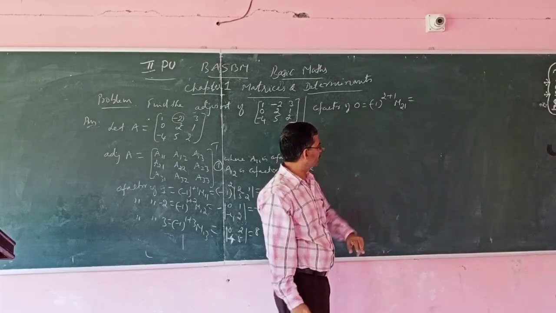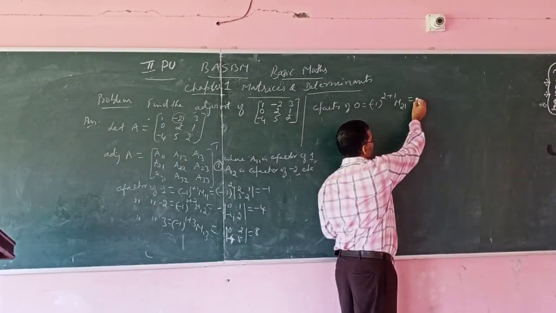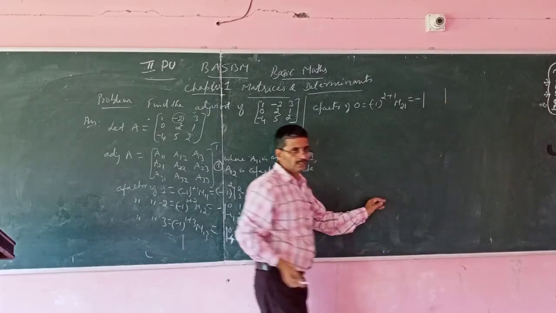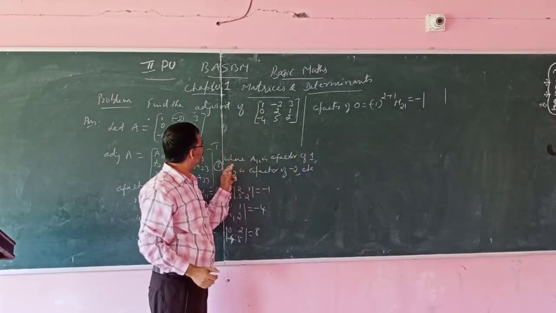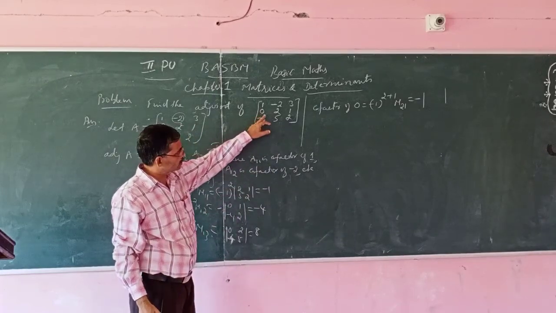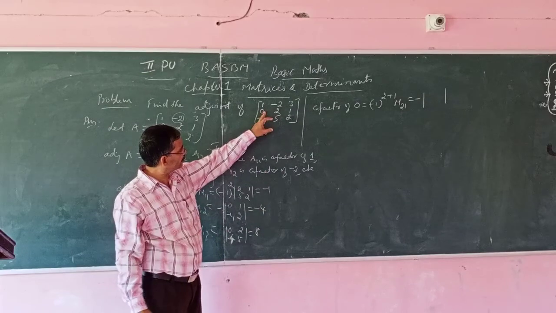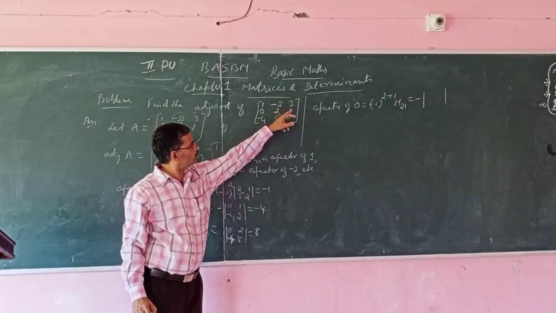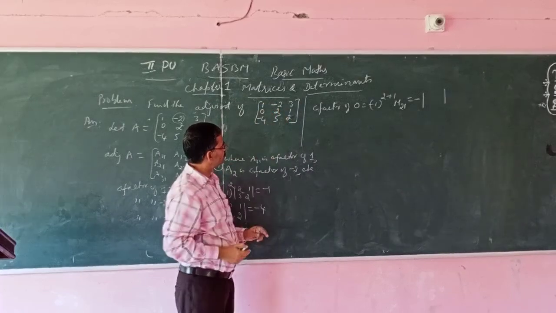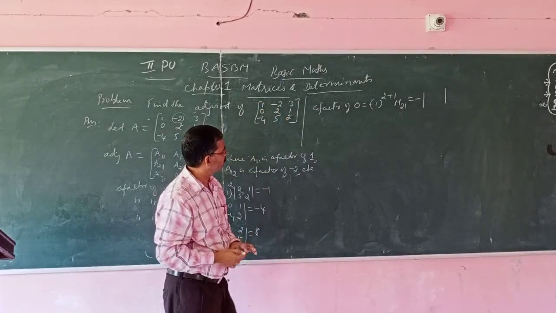So this is minus sign into determinant of what? Here this element you are taking, so I am taking this one. So 0 means what is the remaining? Minus 2 3 5. This row don't consider, this column don't consider, so remaining is minus 2 3 5,